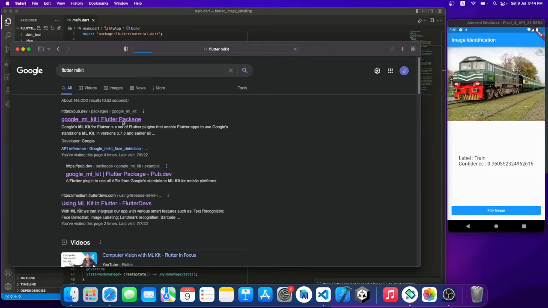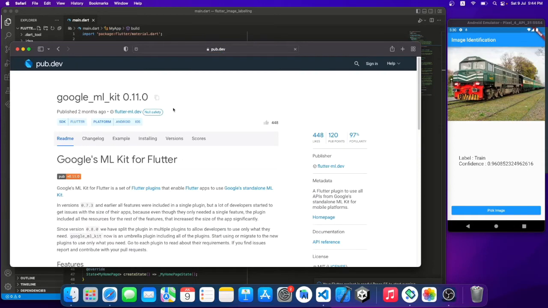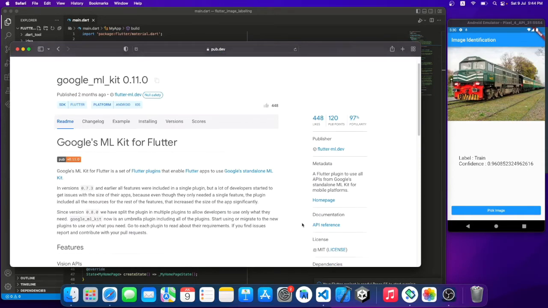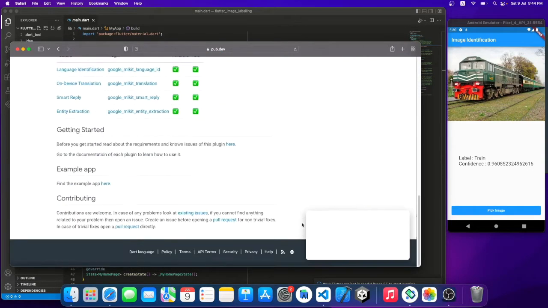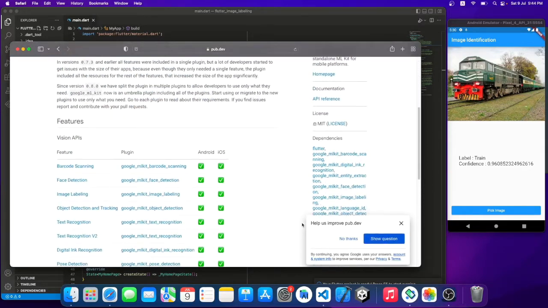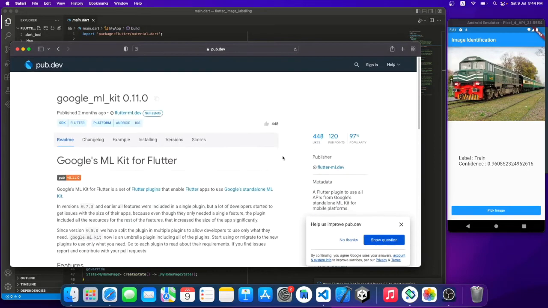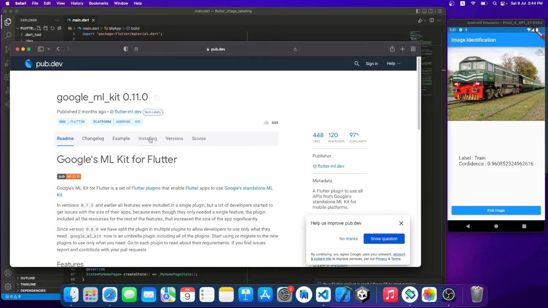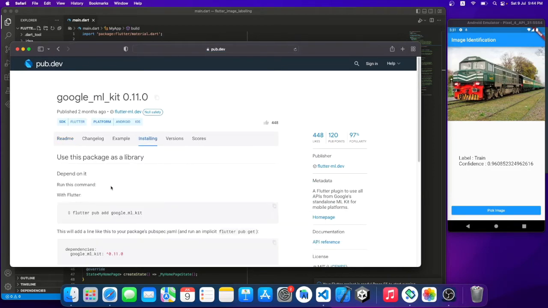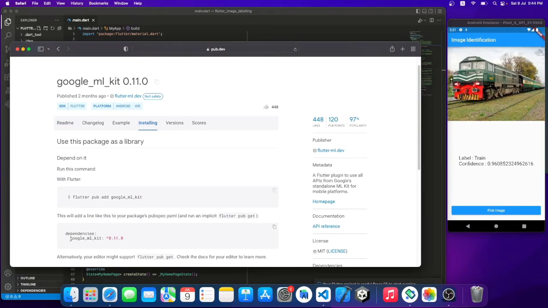We'll open the first link. As you can see, it has the documentation of the Flutter ML Kit. It has many projects like we can create barcode scanning, face detection, image labeling, object detection. So first we are going to see how to install this. So this is a dependency. We will copy this